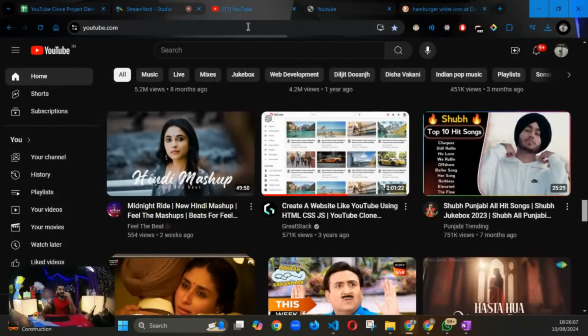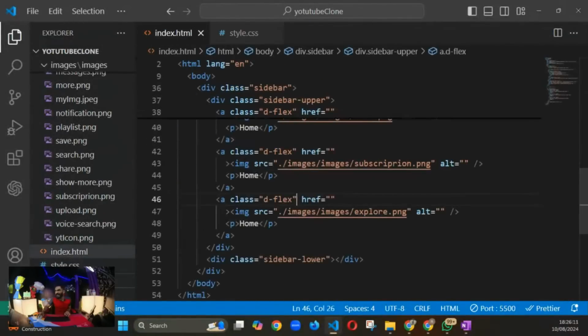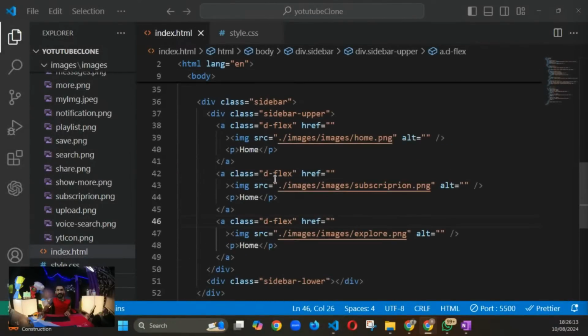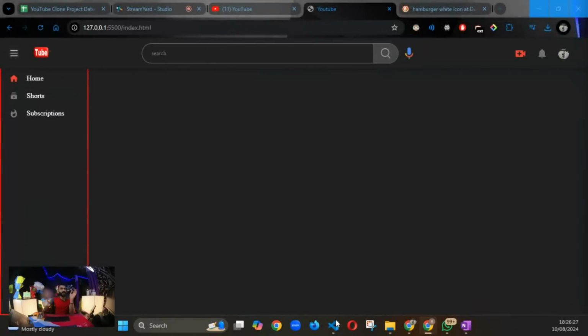थोड़ा सा इसको चेंज करेंगे हेडिंग्स को, सपोज शॉर्ट्स एंड सब्सक्रिप्शंस, ओके, शॉर्ट्स एंड सब्सक्रिप्शंस। तो जो ये मेरा पहला वाला है, ये होम, शॉर्ट्स एंड सब्सक्रिप्शन, ओके, परफेक्ट, सी, सही लग रहा है।